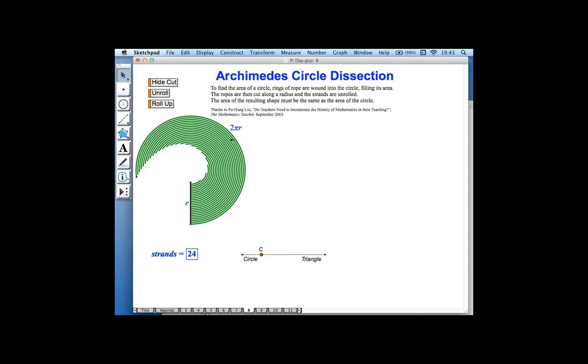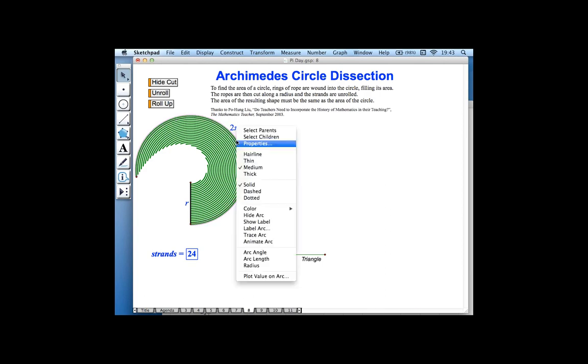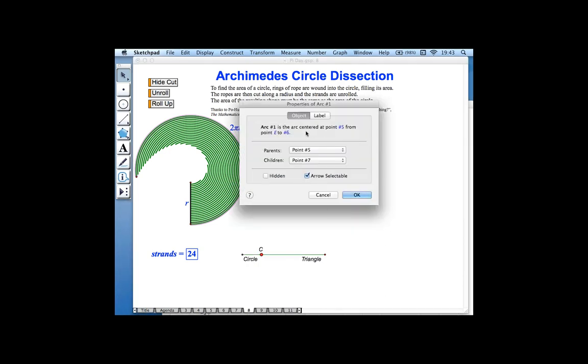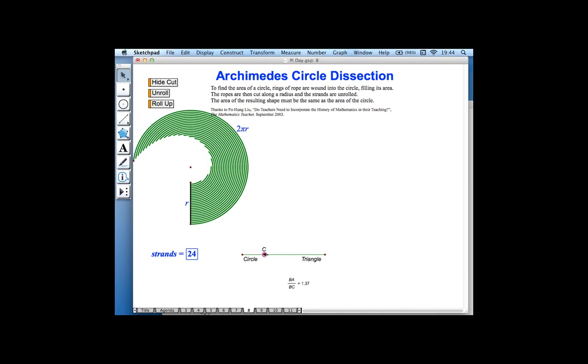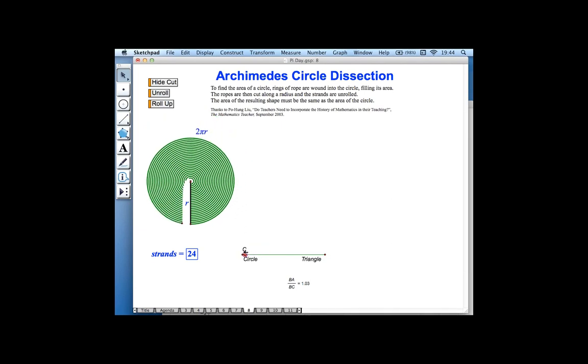So what I actually had to do, let's put it in a partially unrolled situation. What I actually had to do was to figure out, keeping the length of the arc the same, where the center of the circle would need to be in order for this arc to be in the correct orientation to be unrolling. So if we look at it here, and again, look at the properties, centered at point number 5, so there's the center point,